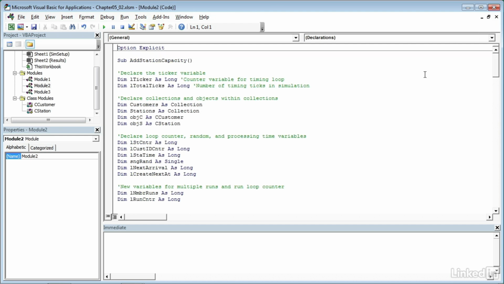The reason we need those new properties is because we're allowing a particular station to handle more than 1 customer, and that means we need to know how many they can handle and also where they are in terms of customer load. So we need to count the number of customers that are in each station at a given time. So there is a fair amount of additional code that we need to add. So let's go ahead and scroll down